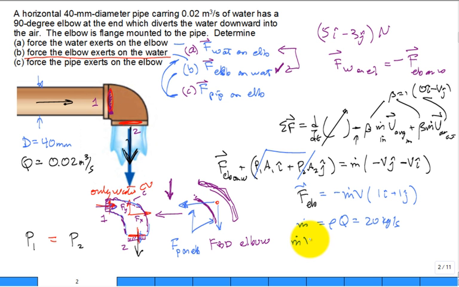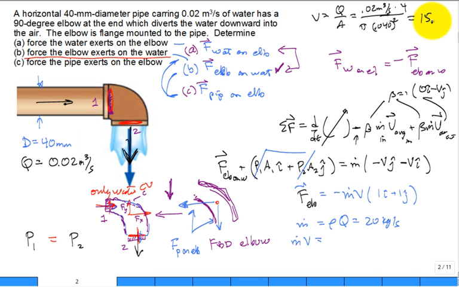And then what's the mass flow rate times the speed? Well, I have to calculate the speed. Maybe I'll doodle up here. So V is equal to the volumetric flow rate divided by A, 0.02 meters cubed per second divided by pi times the diameter, 0.040 squared, over 4. And so what is the speed for this problem? 15.916 meters per second. And so we're going to have 15.9 meters per second times the mass flow rate, 20